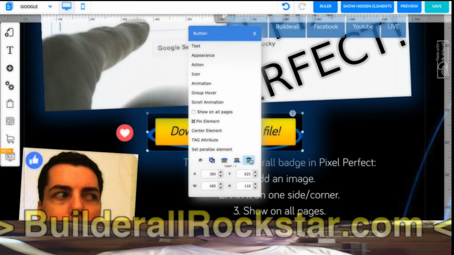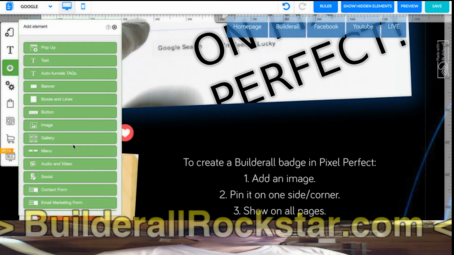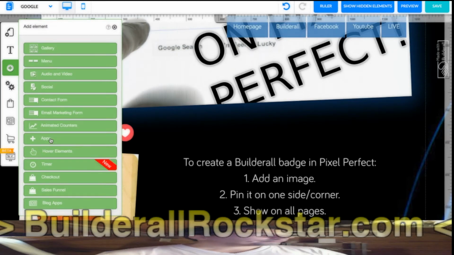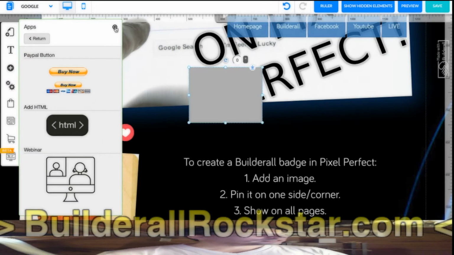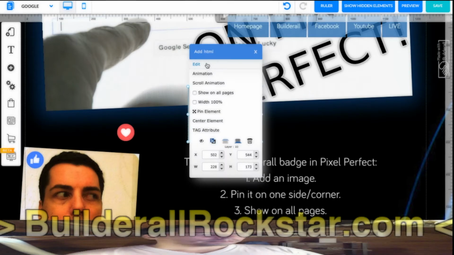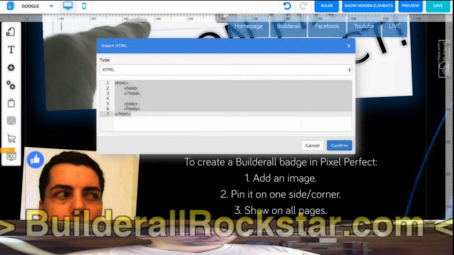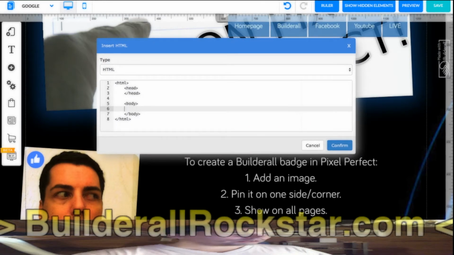Okay, so you go to plus, apps, HTML. Okay, so right click, edit, and in the code you have body, to body. So after the first one you press enter and you paste the code that it gave you.